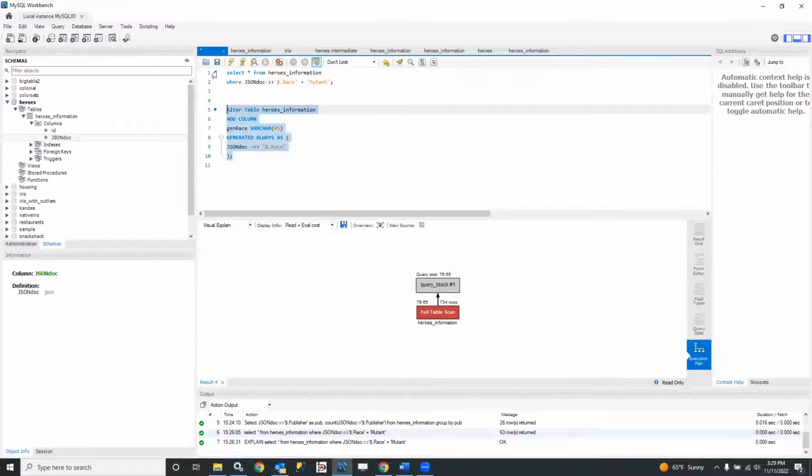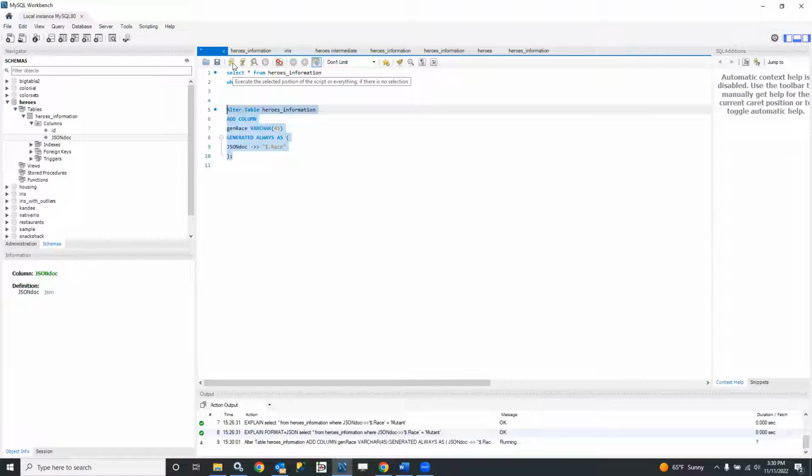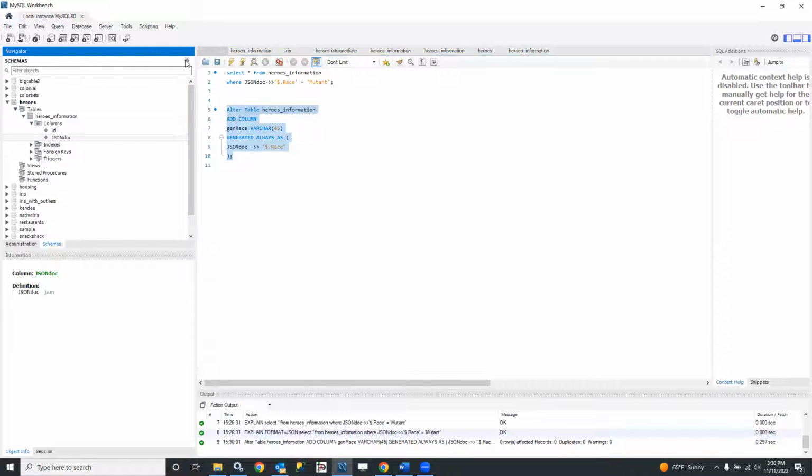So let me just highlight this piece of code that I want to run. And then not real excited. It says, well, it was 0 rows affected, 0 records, 0 duplicates, and 0 warnings. The important thing here is that it completed. Okay, and so now if we go over and just inspect, let me refresh the tables over in the navigator. And let's look at this. The columns have been updated here under the heroes information, and we're going to find that there is now a